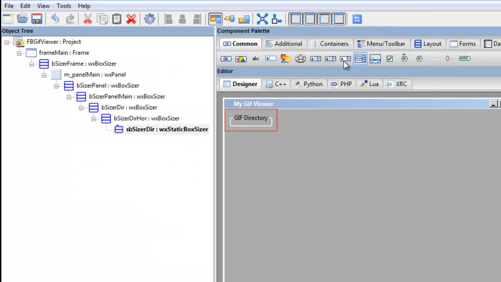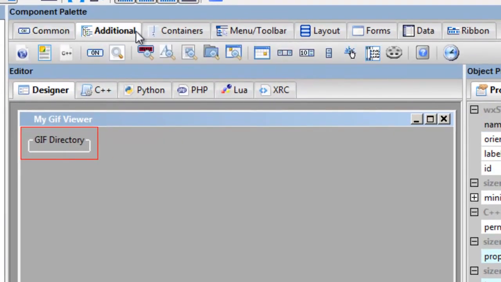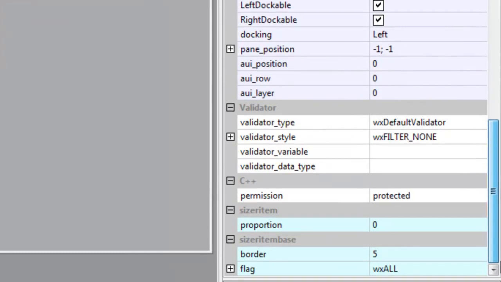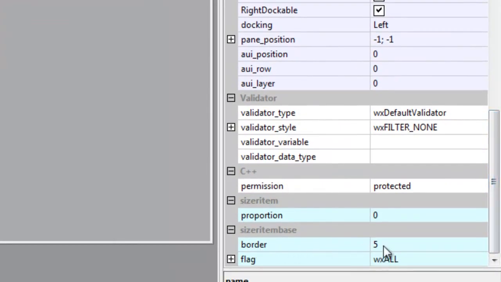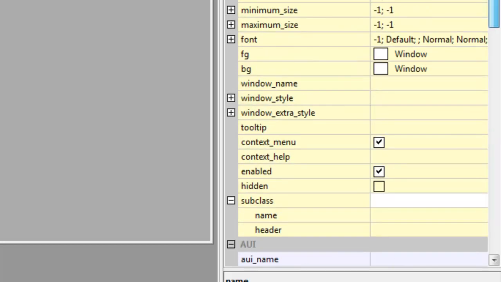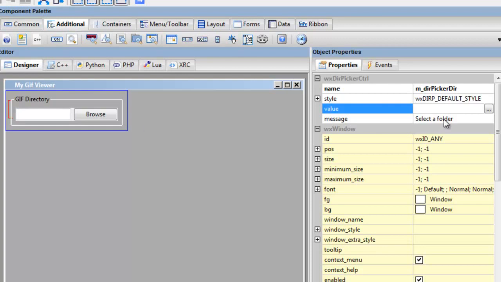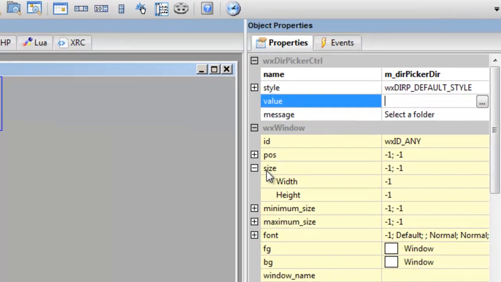And then we're looking for additional, file picker, directory picker control. So I call that dir. Go down here. Yep, leaving it at a border of 5, and yeah, I need to click it somewhere else to update it. Here it's still picker 1, so click it in this spot. Yes, it's updated. Then I go here, size,